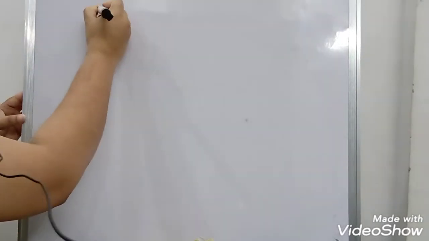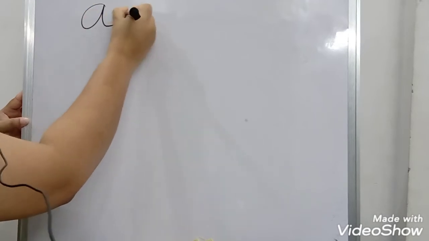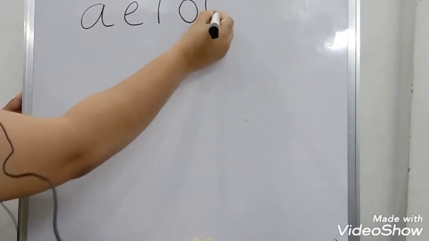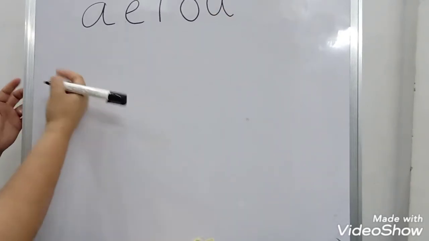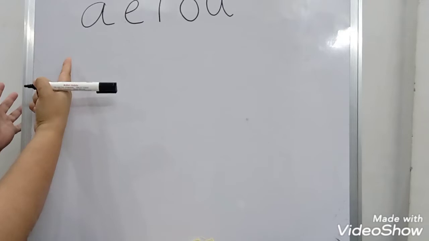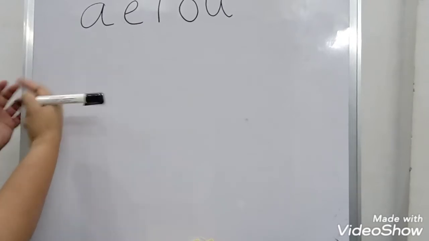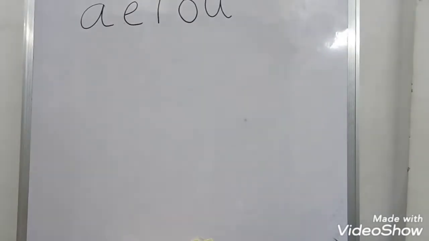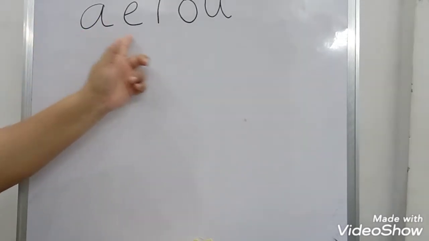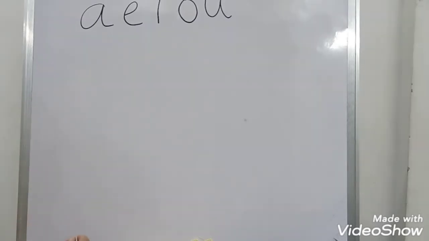In the previous class I have taught you the concepts of short vowels a, e, o. Why am I repeating the same concept? Because this concept will relate to the rule which I am going to explain to you. I told you that I will explain the CK rule. So with this, the CK rule will apply.